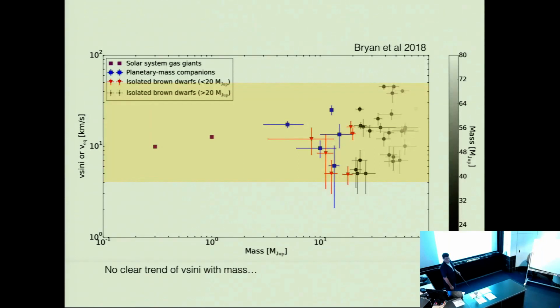Well, but I don't see anything below. In other words, you're talking about Jupiter, but most of what you have up there are brown dwarfs. So I have to just look at the points below 10 to look for a trend. I disagree. Not that I see one, but I'm saying you don't have much data down where you really are forming Jupiters as opposed to brown dwarfs. That is true. And to be completely fair, my safe space is when I don't have very much data. So